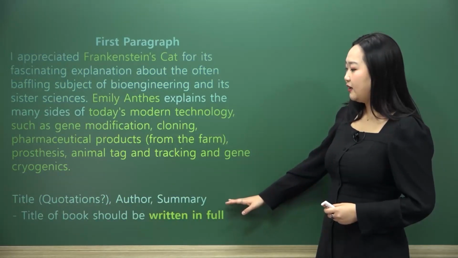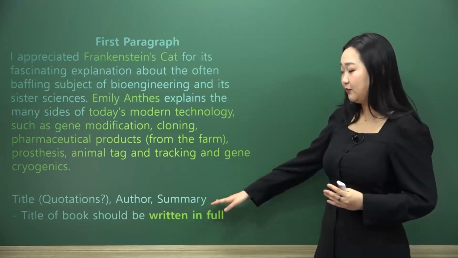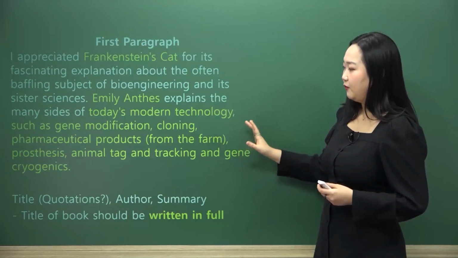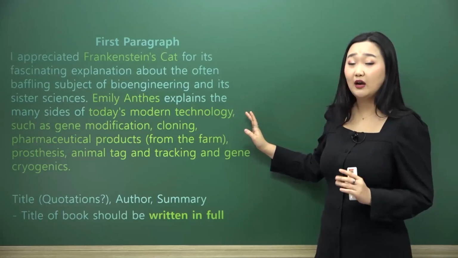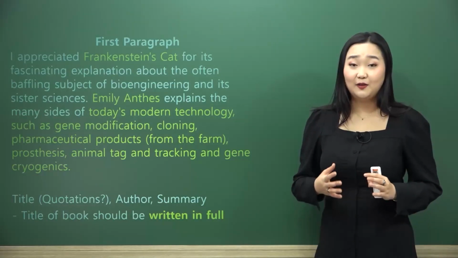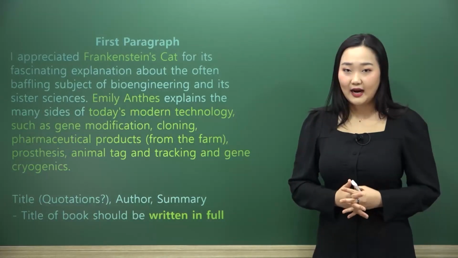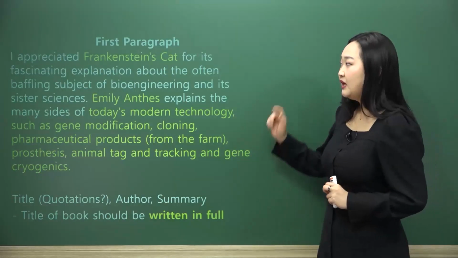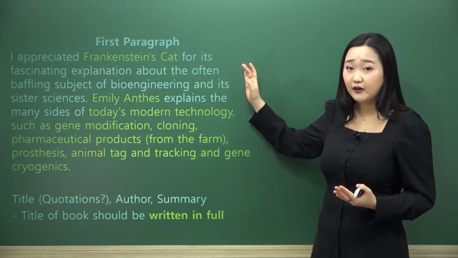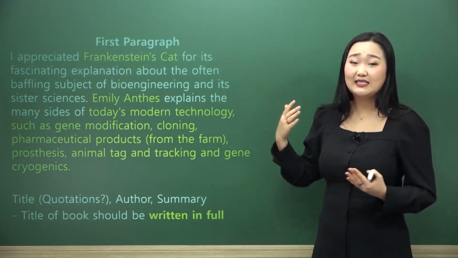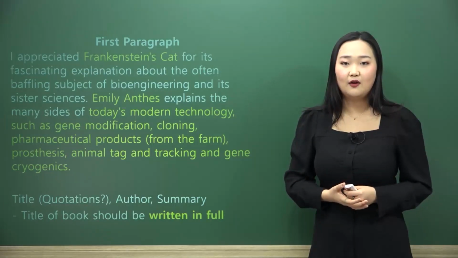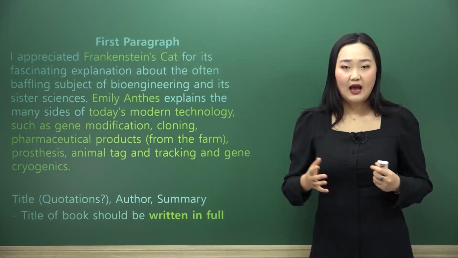Also, in regards to the title, author, and summary that I mentioned earlier, summary being, of course, our little plot summary, we have the statement here, we have the author here, and then we have the general summary of what's going on in this book. However, the title of the book should be written in full. Now, I know that the title of the book was quite long, but that is still the title of the book, and you don't want to shorten it just yet. Just like with other words and other statements, you want to be able to write everything out first before we shorten them and have something stand in its place. So for instance, in the very introduction paragraph, you want to write the entire title out, and afterwards you can refer to Frankenstein's Cat as a title.